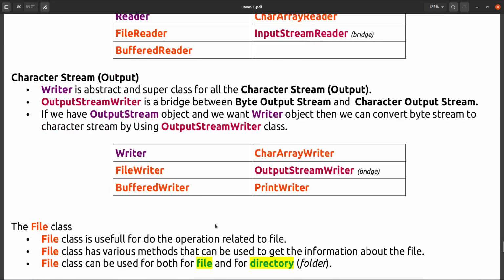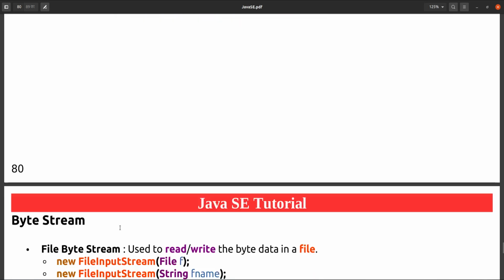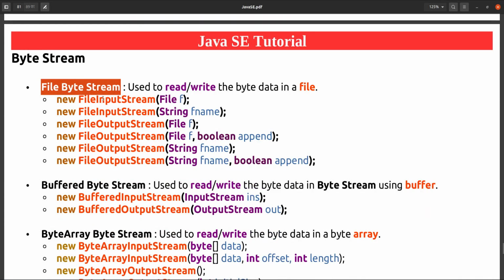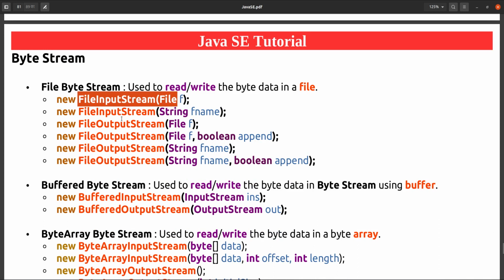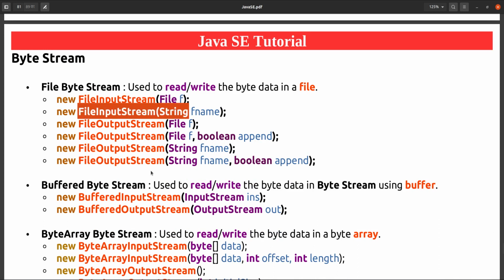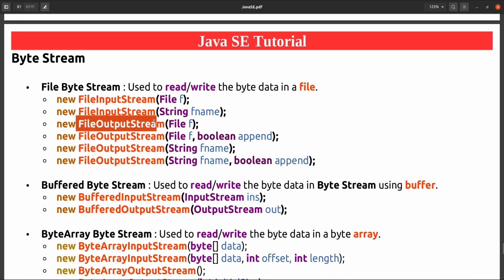So first we will see this example, file byte stream. For file byte stream, we can create an input stream using a File, or using a file name, and in the same way an output stream with a file name or with a File.